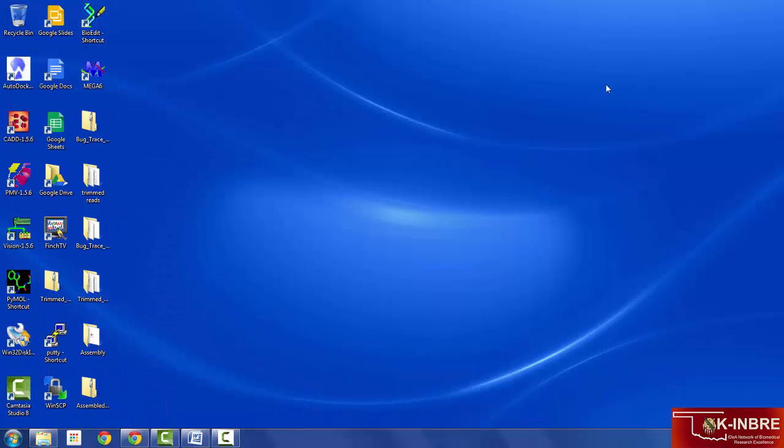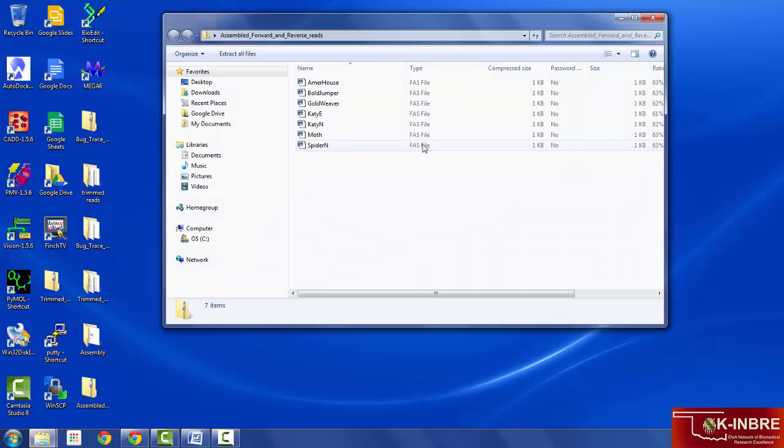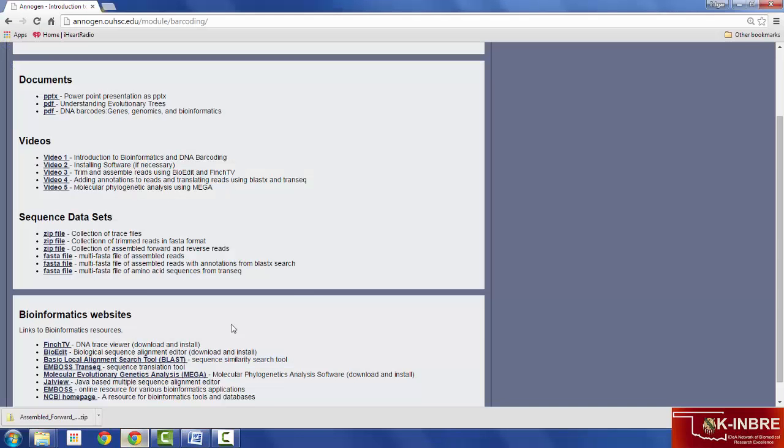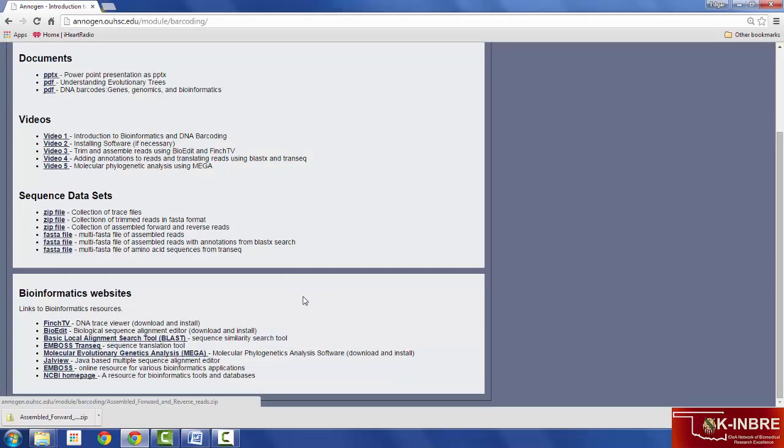If I go to my desktop, I can double click on this file, and then I can get access to all of the sequences. Also on my website there is a link to BLAST. If you go ahead and click on the BLAST link, which is here,